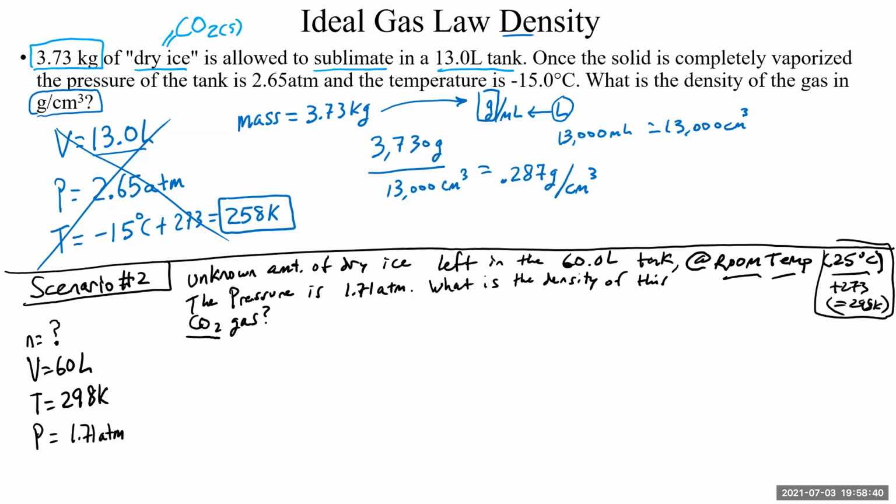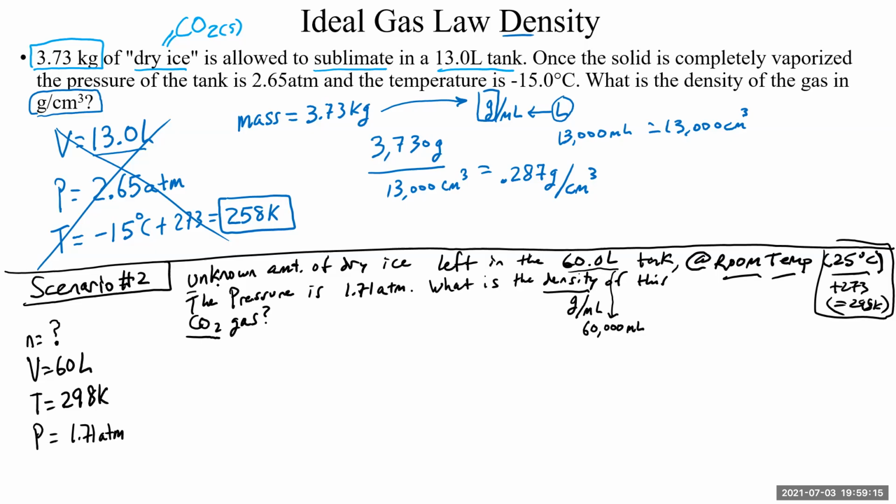Why would we need to figure out moles? We still want to know what the density is, right? And we still want to know what the density is in grams per milliliter. Now, we have milliliters. Again, wait, what was this? Oh, I'm sorry, it's not a 60-liter tank. Well, let's just change the problem here. Let's say we have a 60-liter tank. So that's going to be 60,000 milliliters. That implies that we already know the volume, 60,000 milliliters. So we have the volume, but what about the grams?